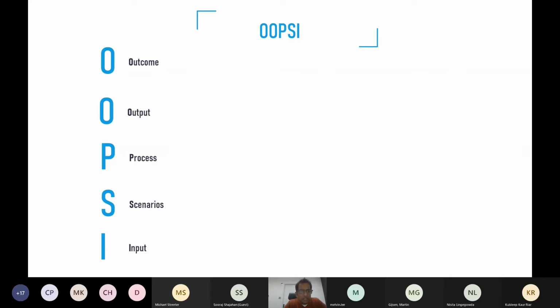Then finally, you look at input. The input, you basically come up with in order to execute those scenarios correctly. What are the inputs I require in order for me to run these scenarios or implement these scenarios? So once we put together this Oopsie,